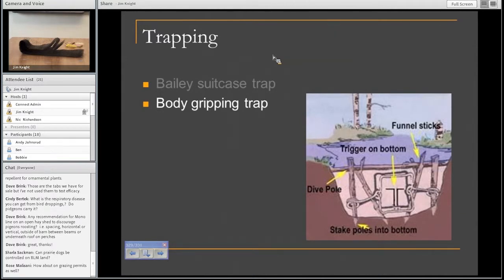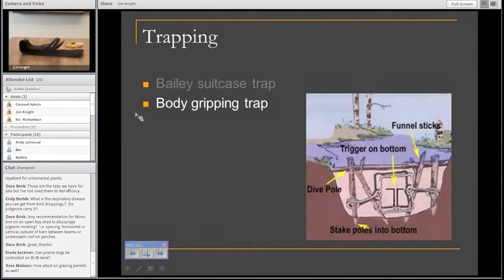And most of the trappers nowadays use body gripping traps. They're similar to that Conibear trap I showed you, except they're huge. They are double springed and they are somewhere between 12 and 14 inches in the opening, because they're meant for a beaver to think that he can swim through it. These are set with a tool usually, and they can be very dangerous. Without a doubt, if you catch your arm in there, it can break your arm. So they have to be used by somebody that knows what they're doing, but they are very effective in controlling beaver.